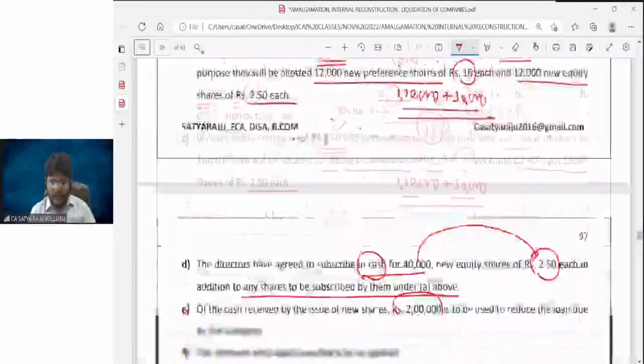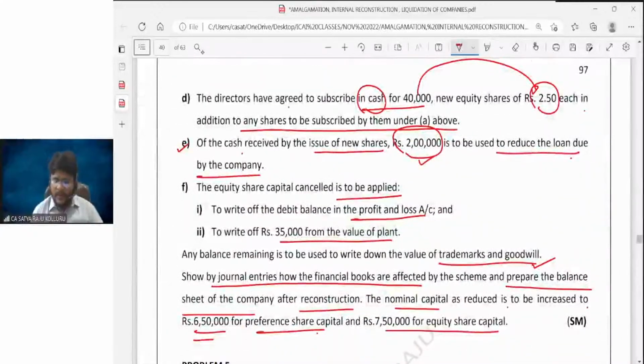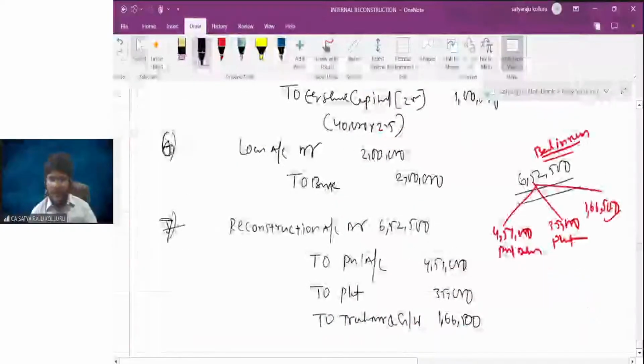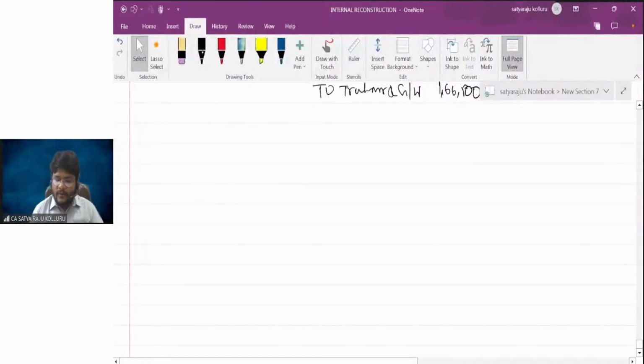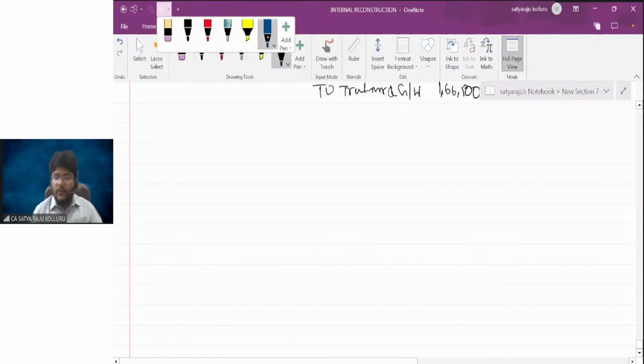Okay, I hope I passed all the journal entries. Then what should we do? We should prepare the balance sheet. All of you come to the balance sheet, guys. Friends, at the time of preparing the balance sheet, please all of you give your efforts. I have almost passed n number of balance sheets. Actually, it is not my cup of tea. You should try to work out the balance sheet in any chapter, because once you know the adjustment, what you should do, it is your cup of tea only. So anyway, just for the time being, I'm preparing. For the next time onwards, whenever a balance sheet comes, I'll give it as homework.